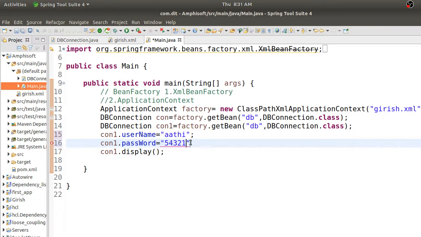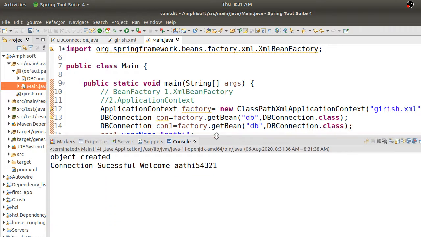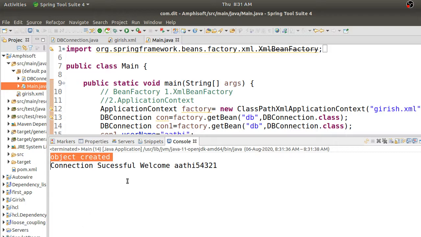Now you can see my constructor is called, that is the object is created, and welcome Aarti and 54321 is printed.